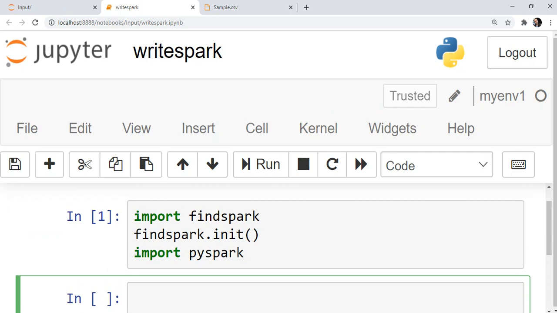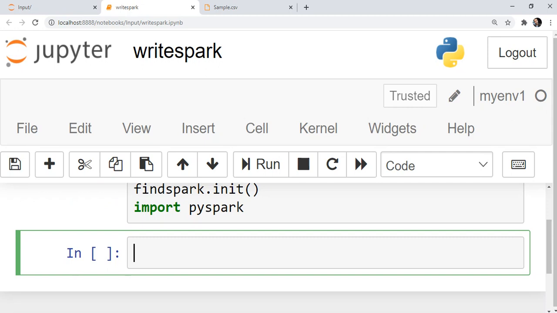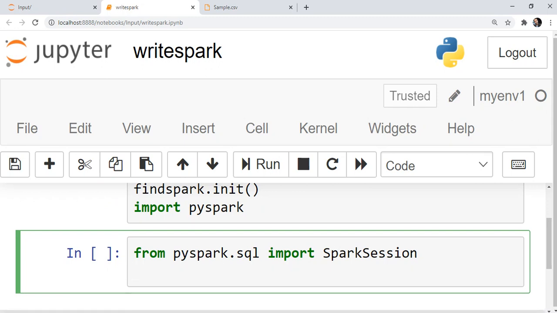Now we will import all the required packages which are part of the PySpark module. From pyspark.sql we will import SparkSession, which we're going to use for performing the operations. Again, from pyspark import SparkContext.